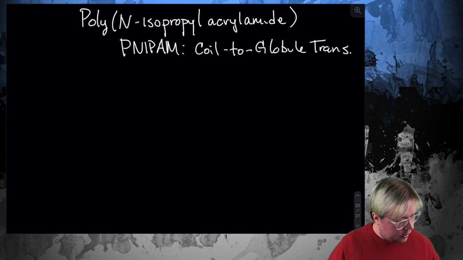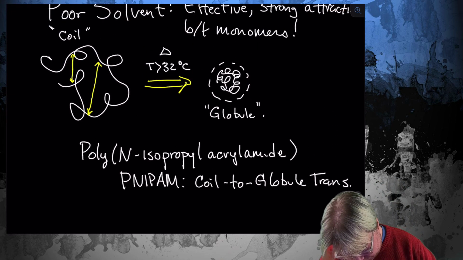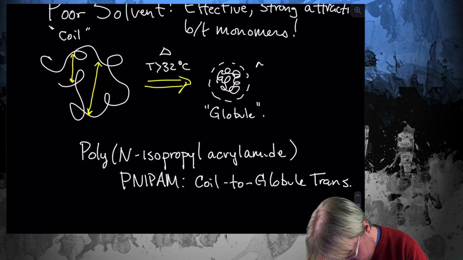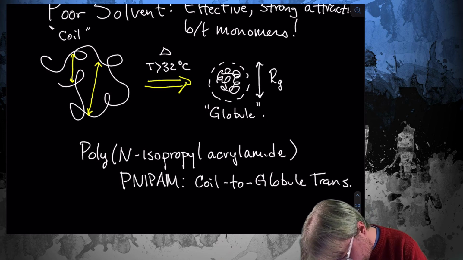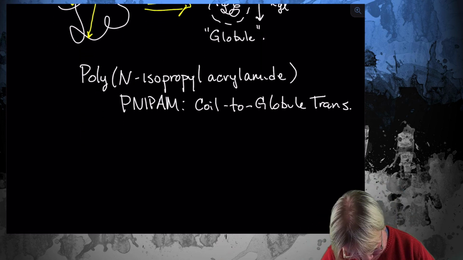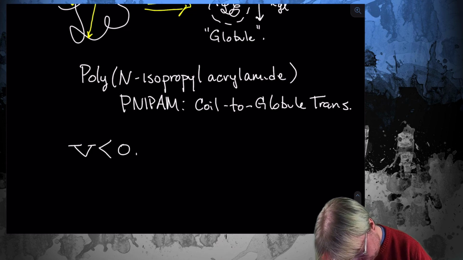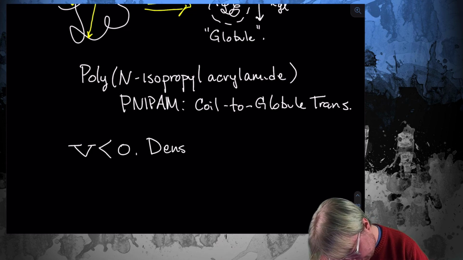Okay. So if it forms a globule, what are we going to assume? Well, we're going to assume that we've got this globule with a size R globule, and that it will be a dense packing. So again, poor solvent, v is less than 0. We're going to have a dense packing